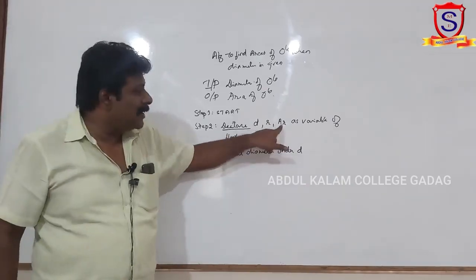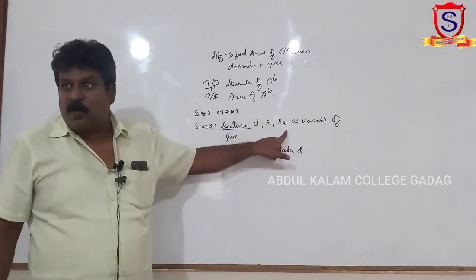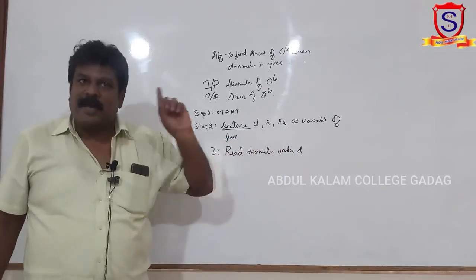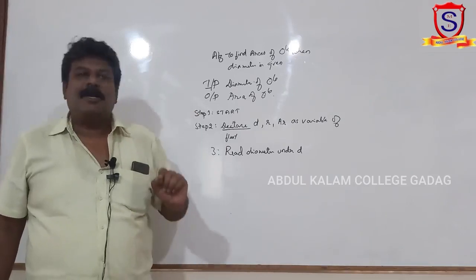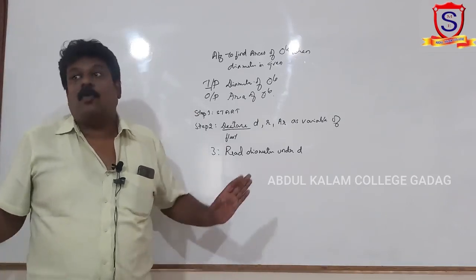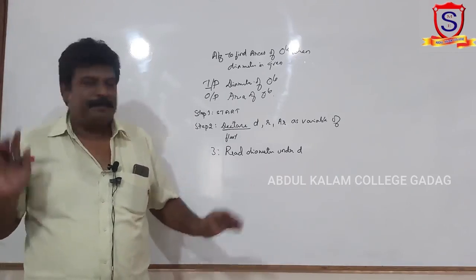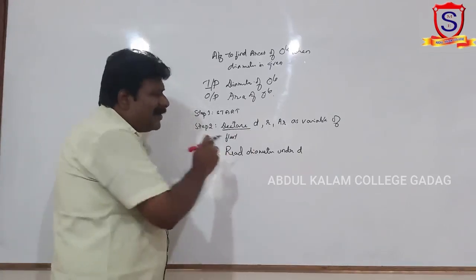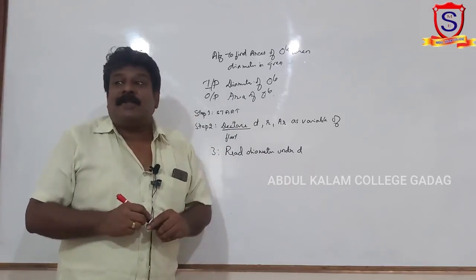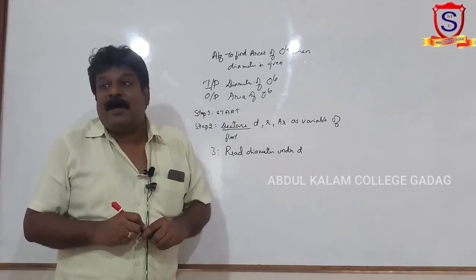And here also you can't interchange. A is capital, R is small. Here also, whenever you are referring to that particular variable, A should be capital letter and R should be small letter. Otherwise, the system will say, the algorithm will say, I don't know what that is. You have to be very careful. Now, I've read the diameter. So actually, diameter is not there in the formula. What is there in the formula?